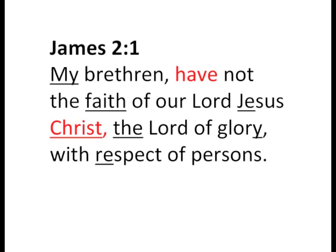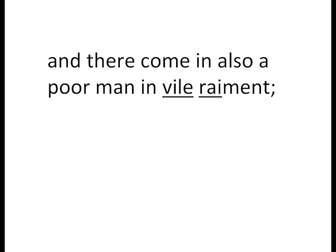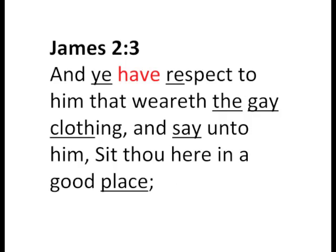My brethren, have not the faith of our Lord Jesus Christ, the Lord of glory, with respect of persons. For if there come unto your assembly a man with a gold ring in goodly apparel, and there come in also a poor man in vile raiment, and ye have respect to him that weareth the gay clothing, and say unto him, Sit thou here in a good place,